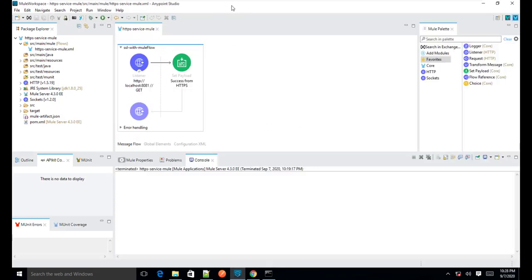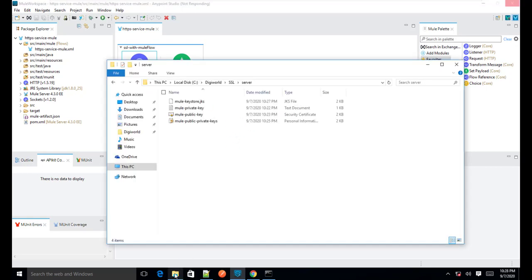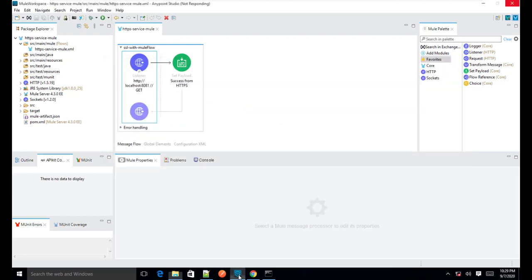In Anypoint Studio I have already created a flow, and this flow is having an HTTP listener, and we will see the configuration of it. We will basically configure the certificate, the keystore which we have prepared here. This keystore we will actually refer from this listener configuration.